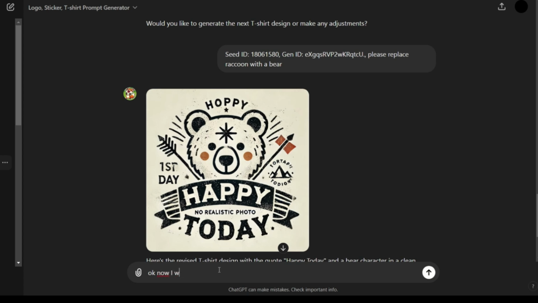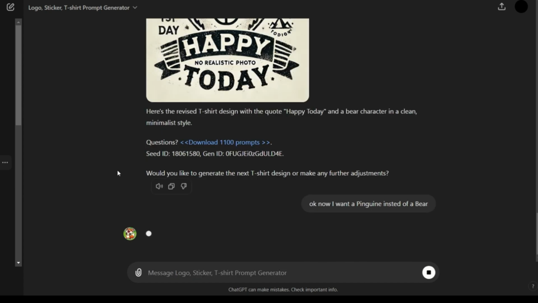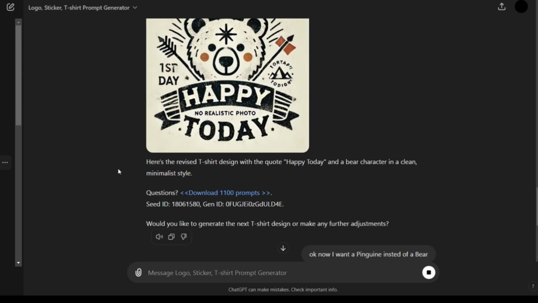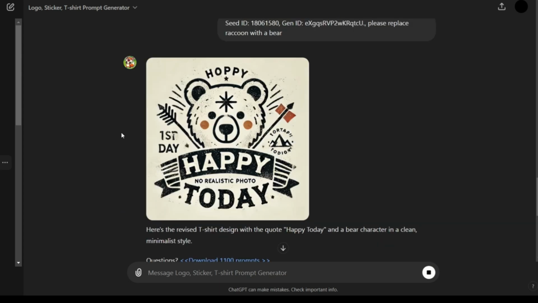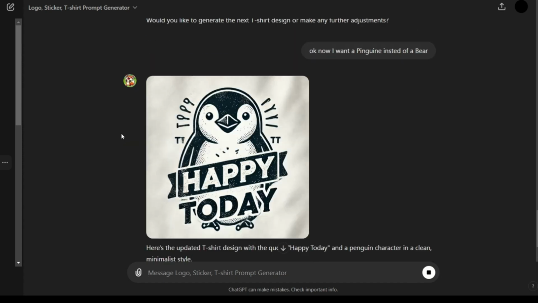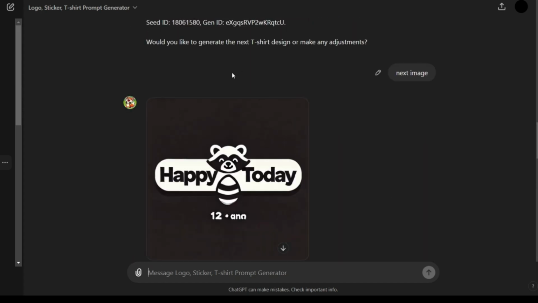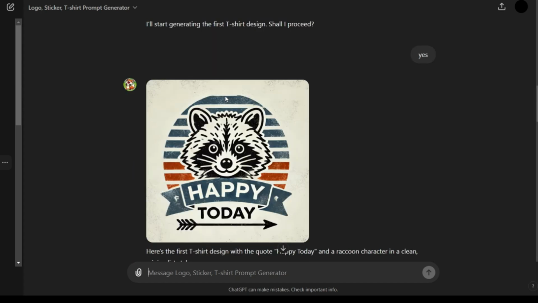Now I want a penguin instead of a bear. So, they are interesting. So it comes out, and you can do this, generating more and more, because every time